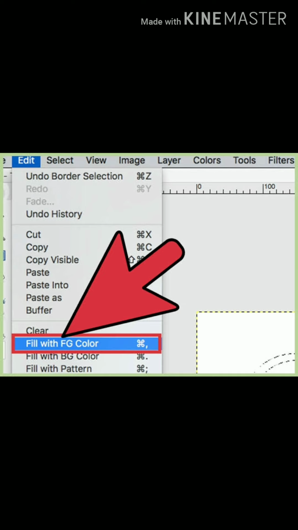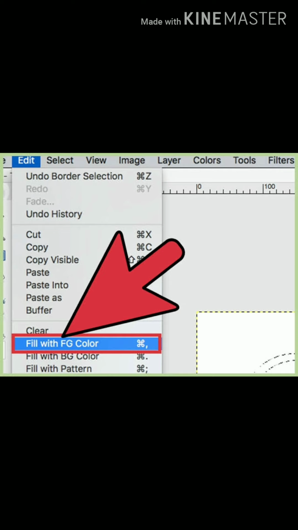The third option is paste into selection. Paste into selection means you go to the Edit menu, select the paste option, and then you select those parts, and your copied contents will be pasted into them. Now the next one, paste into selection in place. Go to the main Edit toolbar, select the paste option. Then what happens, those parts will be pasted inside of the current selection, and thereafter copied to another.